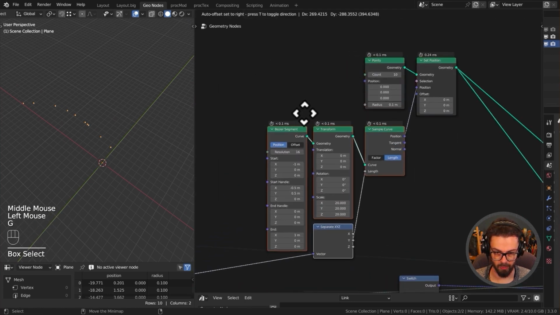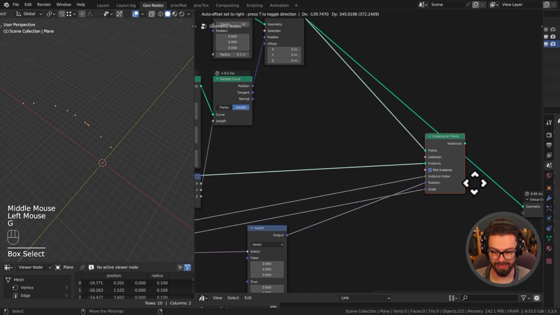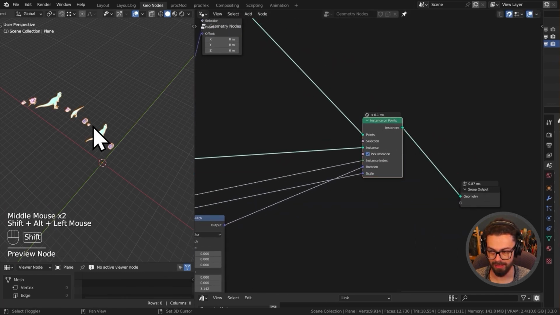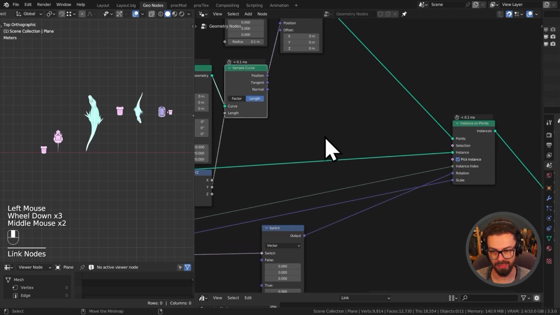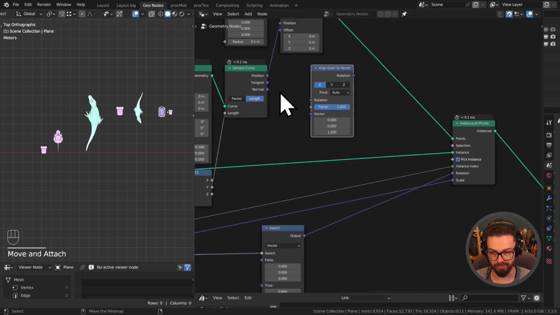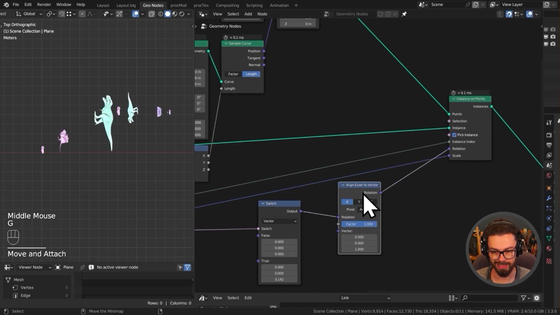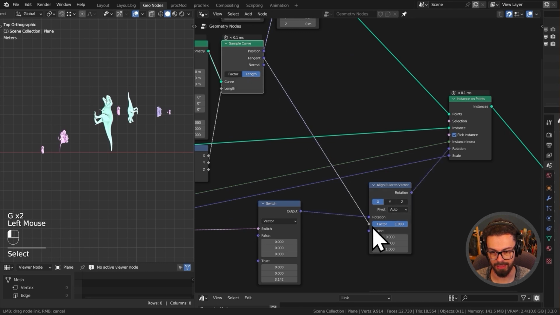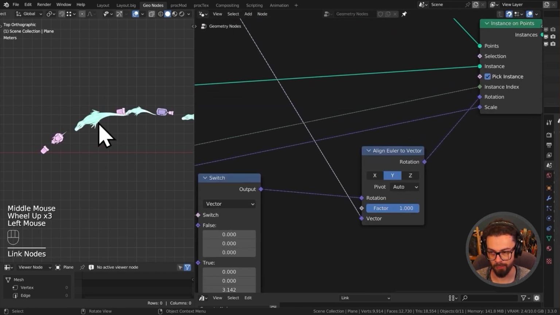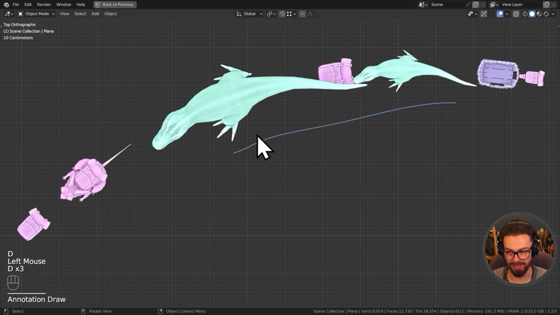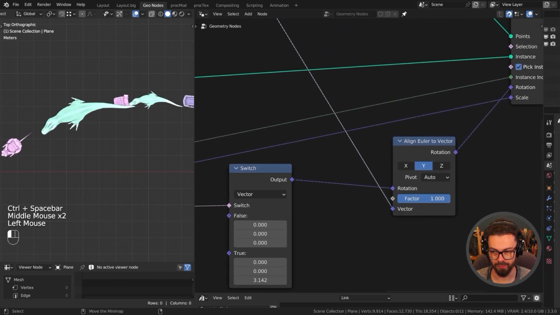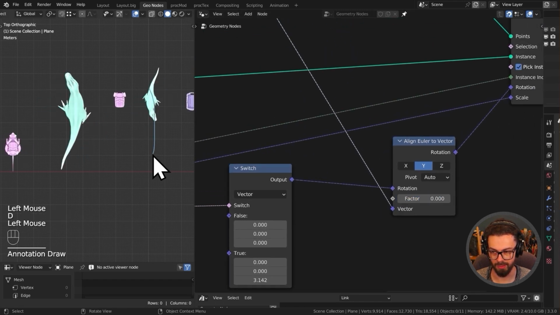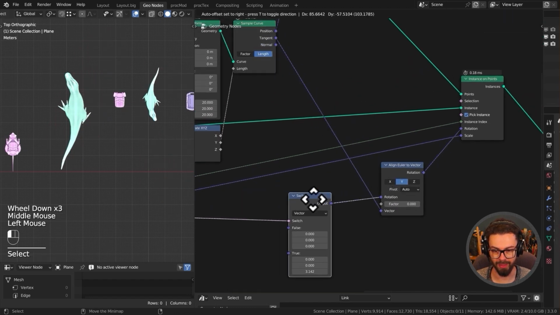Let's make these a little bit more organized. And as for rotation, we have from the sample curve, the curve tangent. And we can plug this into an align Euler to vector. And what you might be tempted to do is just plug this on in front of your switch into that tangent, into the Y. But now you have this issue where everything is going in the same direction because it's kind of ignored this previous switch. So you can see some of these, like this guy, should be flipped compared to this one. So we just need to make sure that instead of doing it this way,